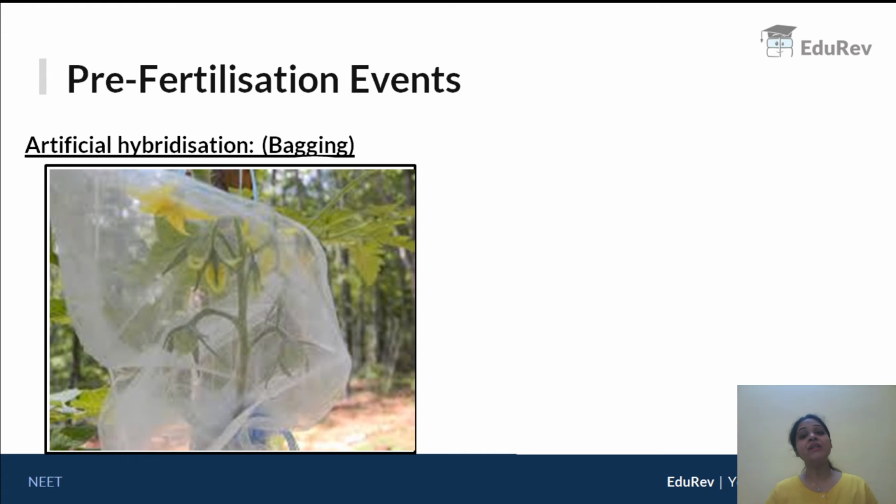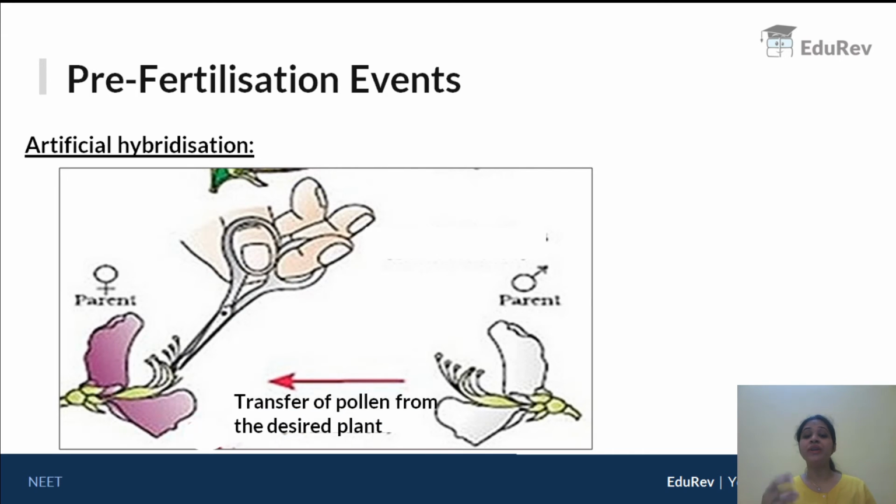In other words, until the gynoecium is fully matured. Now the moment the gynoecium is fully matured, you will transfer pollen from the white flower to the purple flower because that was what you wanted to do. The moment you transfer pollen from the white flower to the purple flower, we again need to rebag the purple